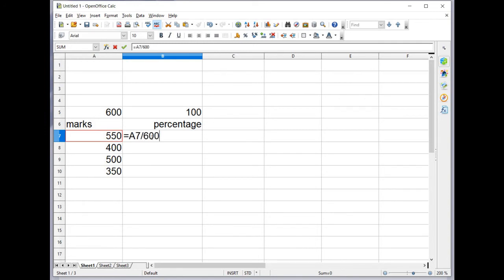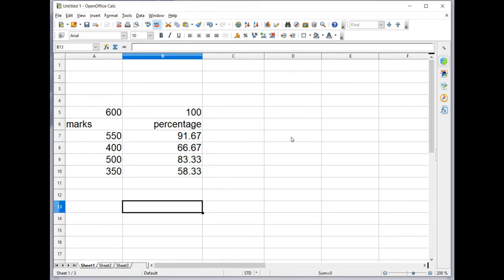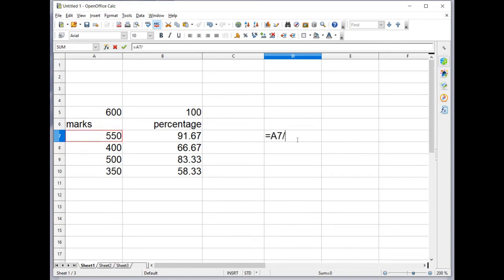Don't use the bracket. Here you give the percentage symbol. Okay, enter. So are you getting the same percentage when we used with the formula? I'll show the formula here. Is this number divided by 600 into 100.